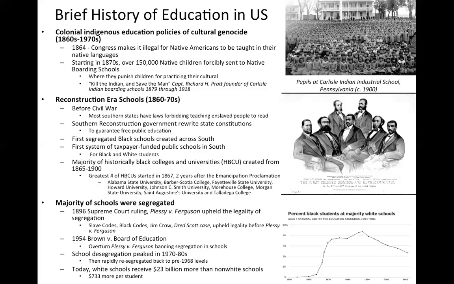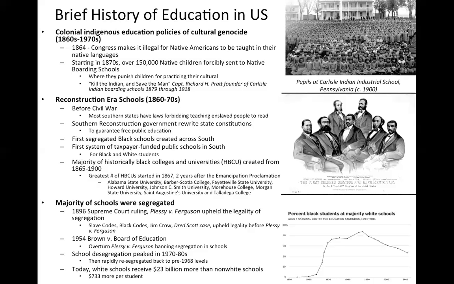But the biggest thing they're most known for is they created the first Southern school systems. So they created a whole system of taxpayer-funded schools in the South for both Black and white children. Before this, there weren't really taxpayer-funded schools. I mean, there were some towns that wanted to fund schools, and they funded them, but it was almost always for white children. But this was the first educational system that was created in the South,